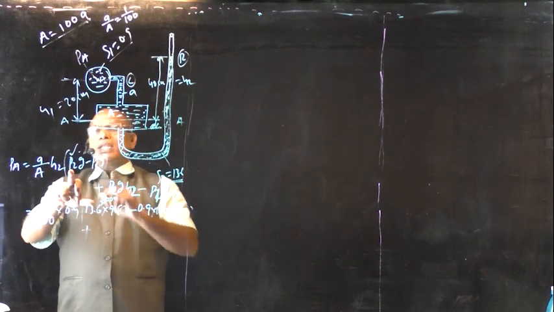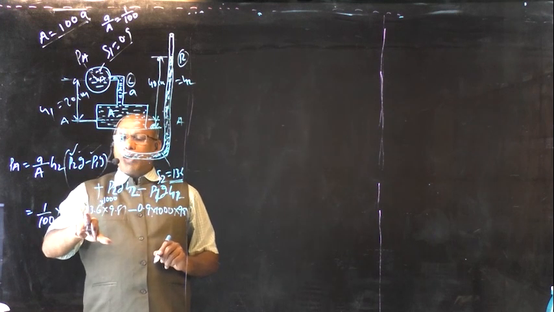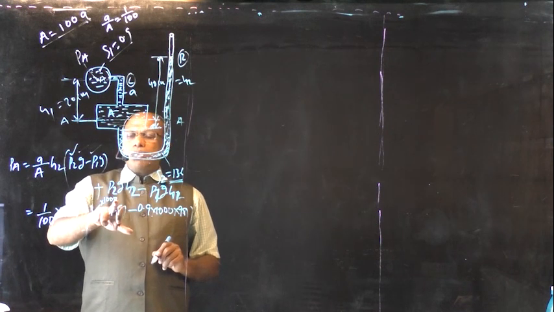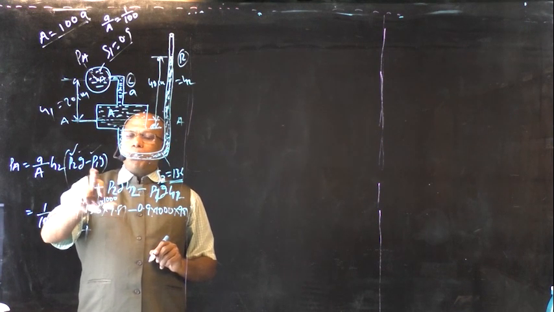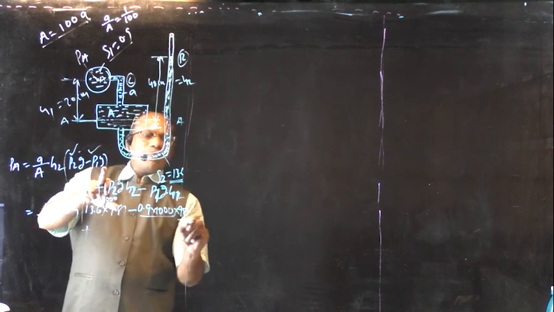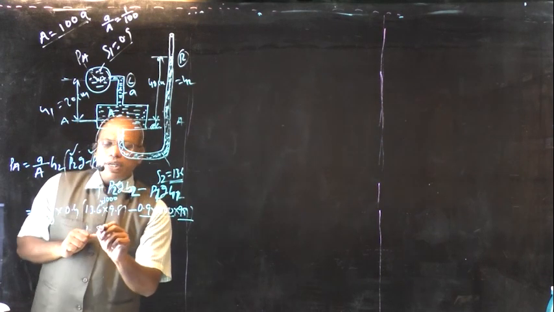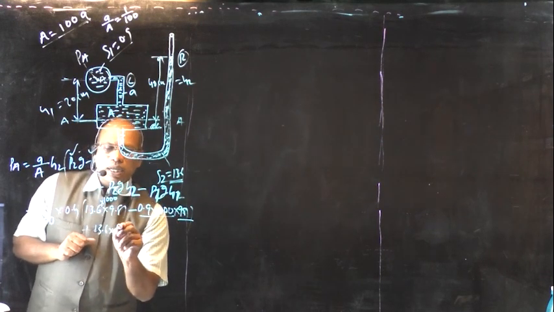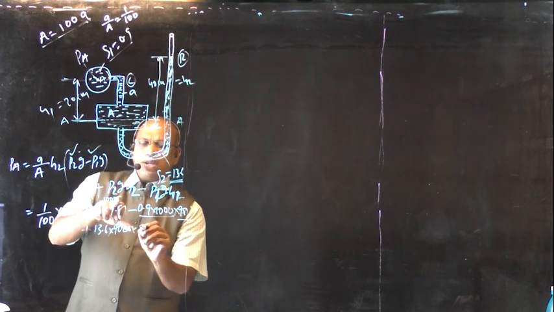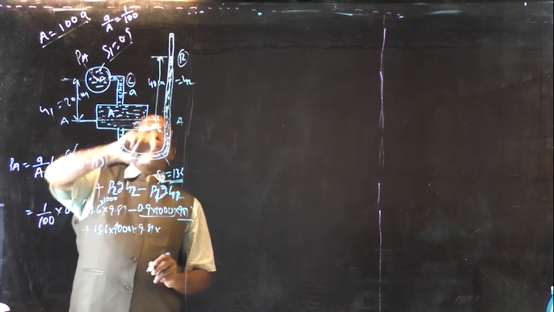Rho 2 is nothing but the density of the manometer liquid, that is equal to the specific gravity of the manometer liquid, 13.6, into the density of the standard liquid, that is 1000 kg per meter cube, into 9.81, the g value. Rho 1 is 0.9 into 1000, the density, g value 9.81, plus the density of the manometer liquid, 13.6 into 1000 into g value 9.81, into H2, that is equal to